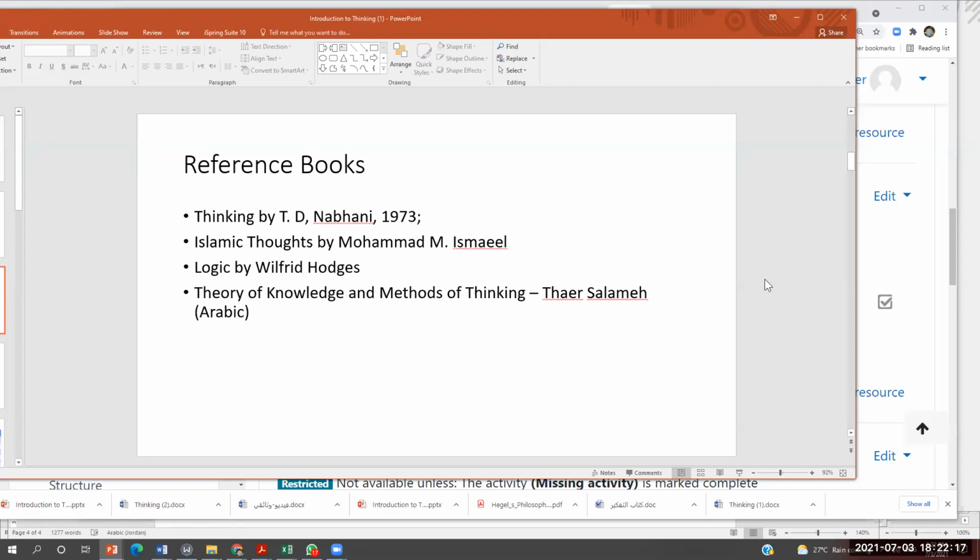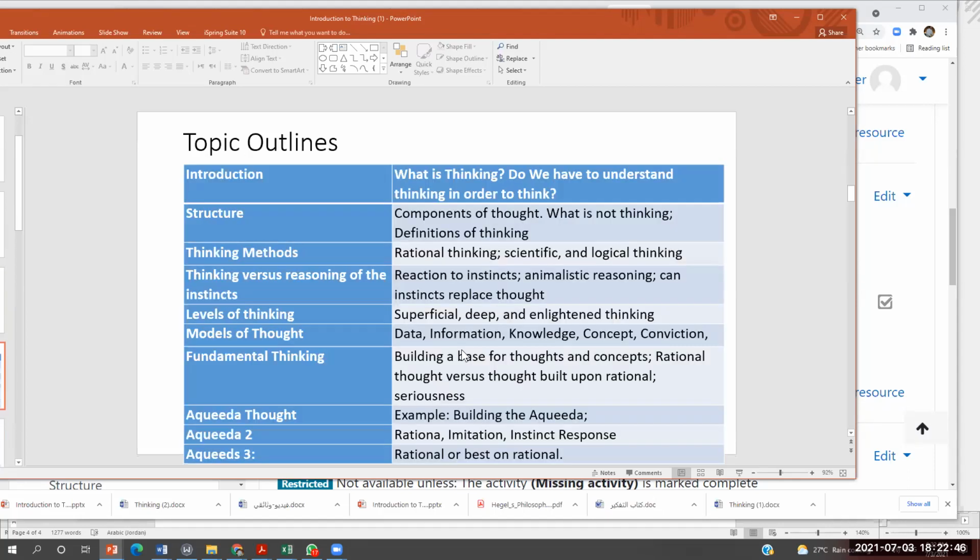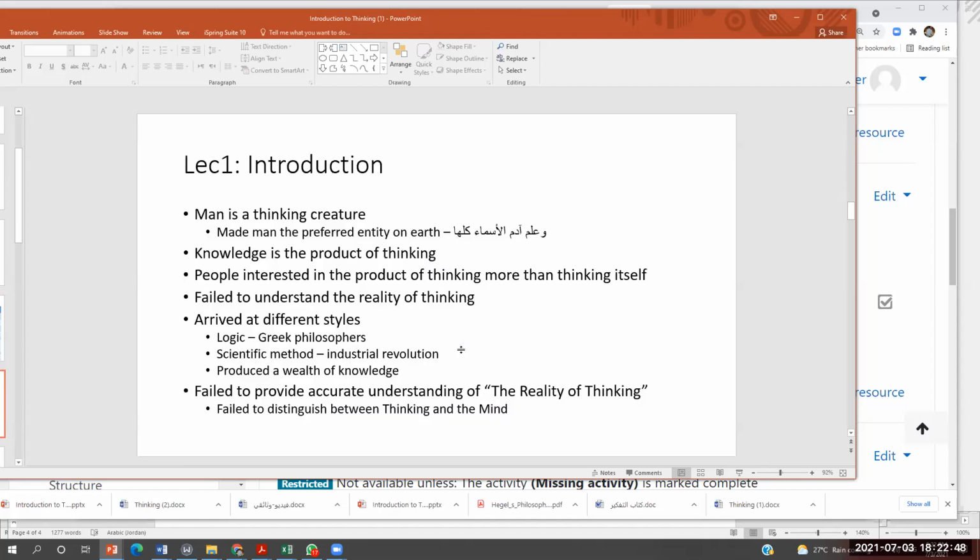The reference books will be Thinking by Sheikh Nabhani, the Islamic Thoughts, the Logic, and there is a book called Theory of Knowledge and Methods of Thinking by Brother Thair Salama. And again, this is in Arabic. I can post the PDF later once I get permission from the brother. I talked about the learning outcomes and the outlines. Okay, so let's